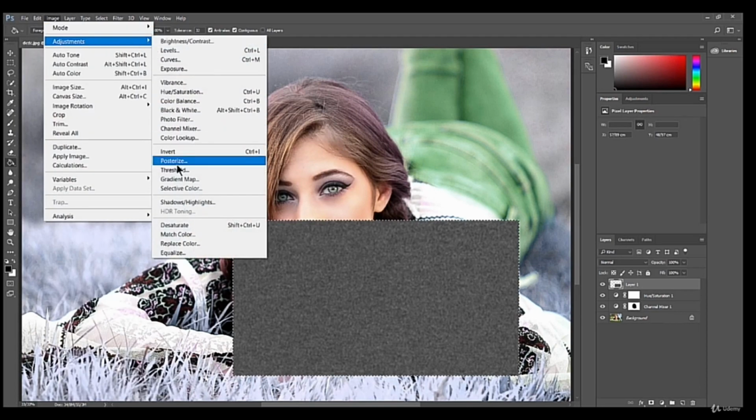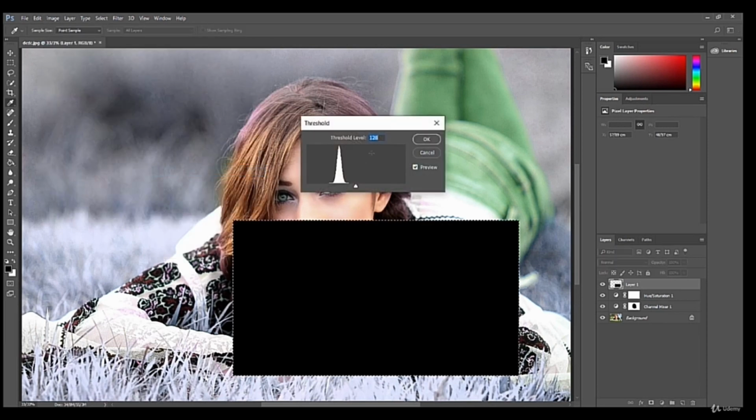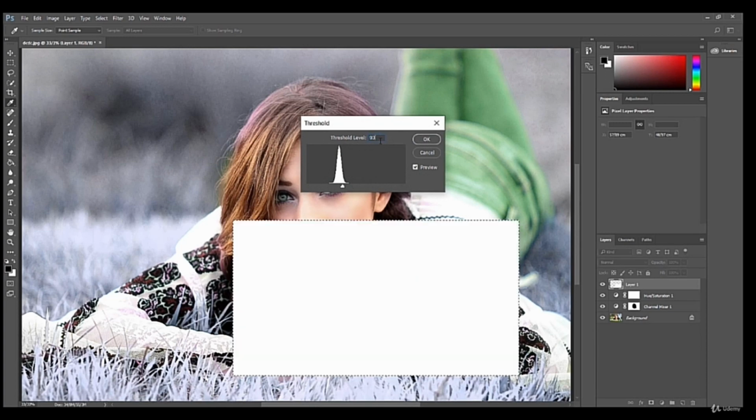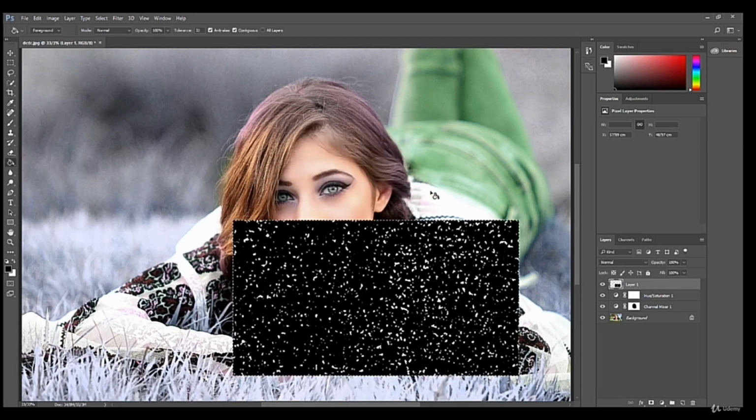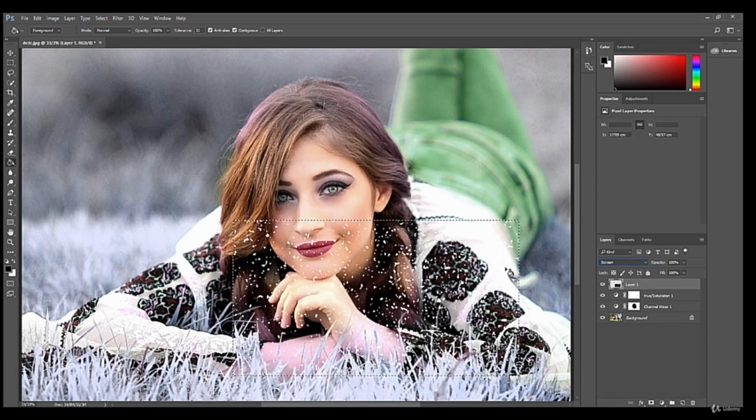adjustment and threshold. Threshold should look normal. Put 93 and you can see a snowball. Click OK. Put the mode on screen and